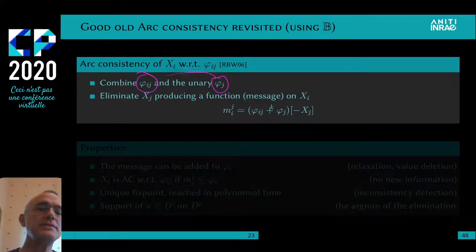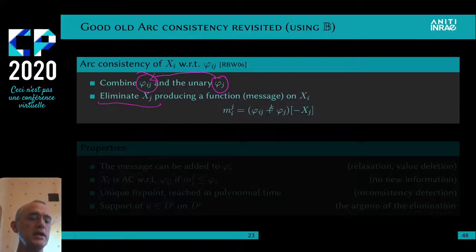We combine them together, and usually we say we project it. The equivalent operation is elimination here. We eliminate the variable from which we took the information domain. It produces a new function, which is called the message, usually on the stochastic graphical model side. And this message is a function of x on xi. And because it was produced by elimination, it's actually a relaxation of the original function, so it's implied by it in